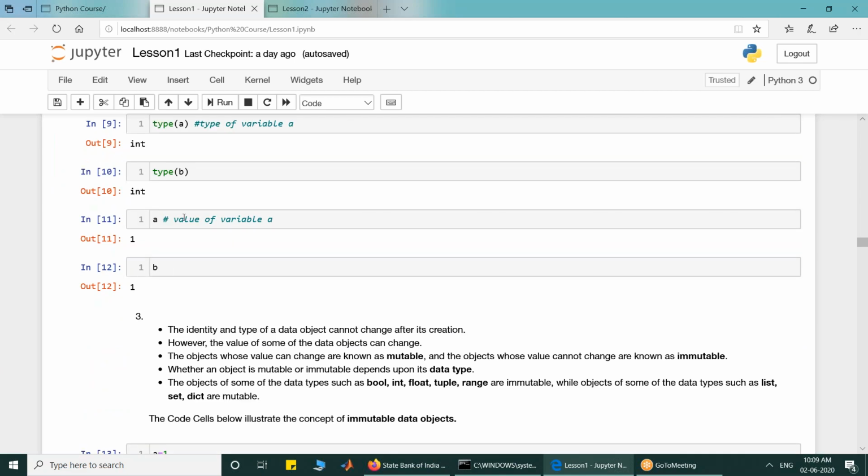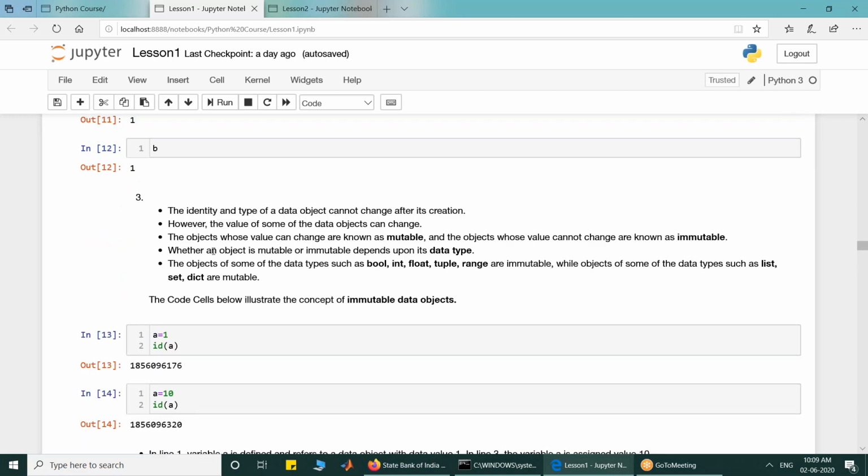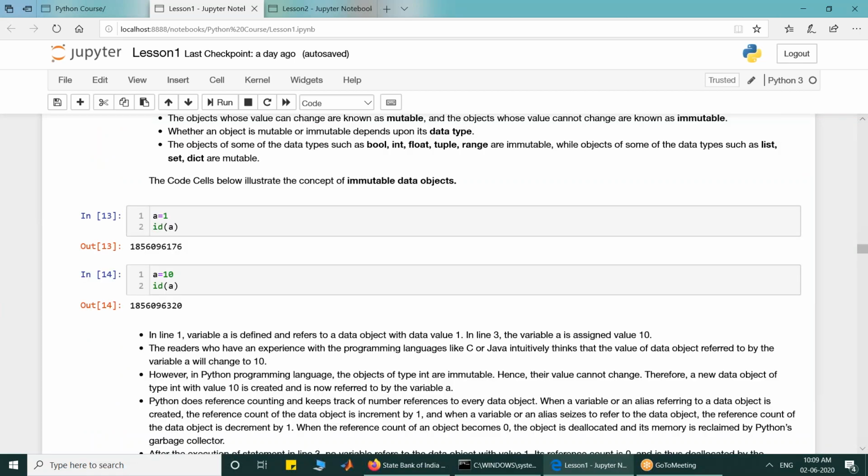Yesterday we discussed that once the data object has been created, its identity and type cannot be changed. But for some data objects, their value can be changed. Those data objects whose value can be changed are known as mutable, and those whose value cannot be changed are known as immutable. The mutability of the data object, whether it can change its value or not, depends upon its data type.